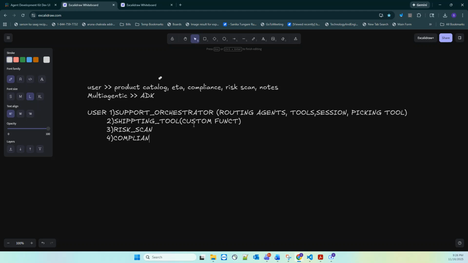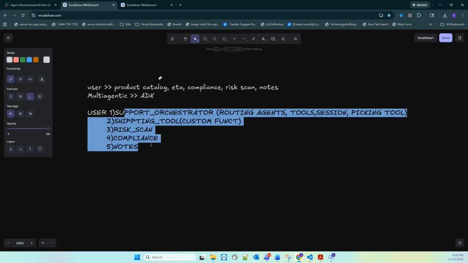And last but not least, we also have MCP files. Now why MCP files? The MCP will route to that particular tool and will help us get the notes properly which are related to that particular product. And this is done with the help of an agent card. So we have remote agents.